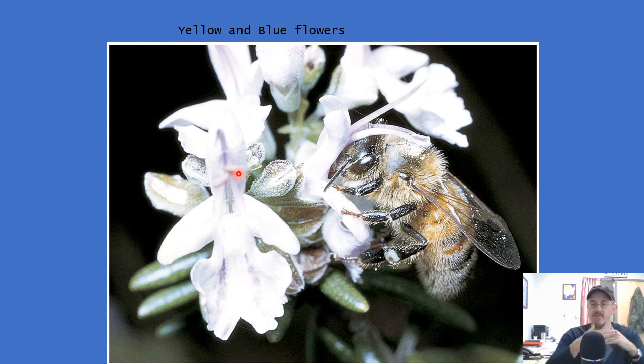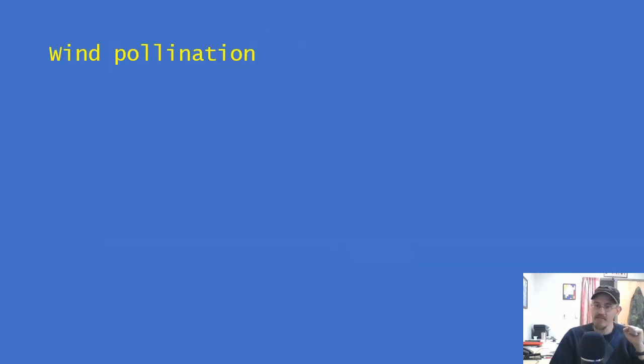Pollination will take place when that pollen rubs off, so we're spreading the pollen grains and their sperm onto a new flower. Pollen tubes will grow out. We'll fertilize the egg. Those ovules will become seeds. The ovaries will become fruits. Something will eat the fruit, disperse the seeds, and we'll have a new plant growing somewhere. A lot of plants, though,